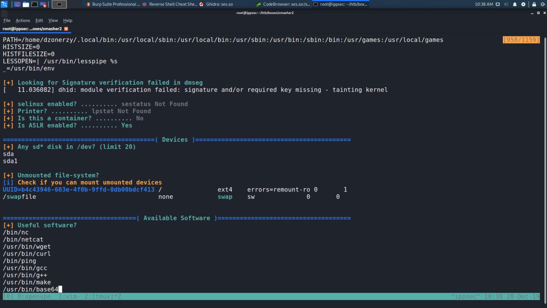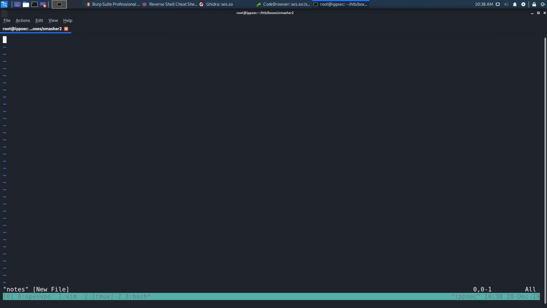Looking for a signature verification in dmesg, and we see this. So what this message is saying is, hey, there's a kernel module that is not signed installed, and that module is DHID. So definitely probably should take notes of that. So let's